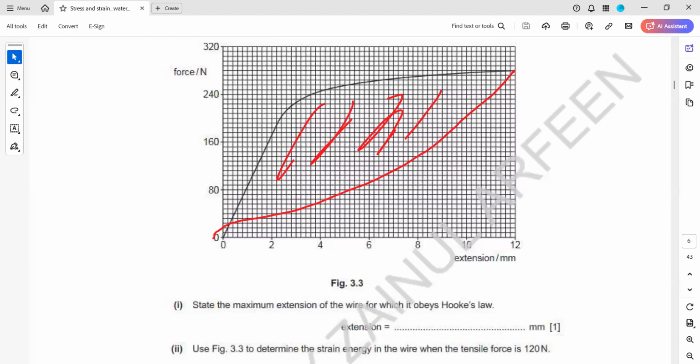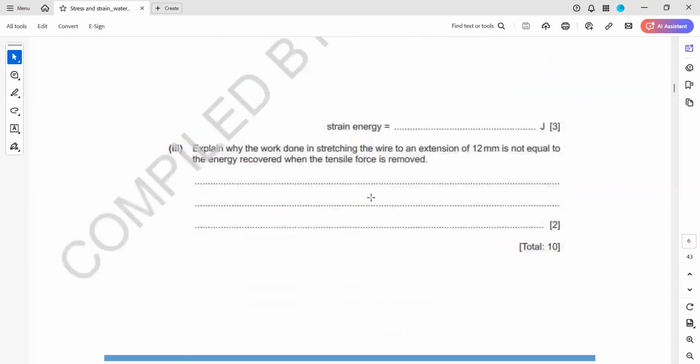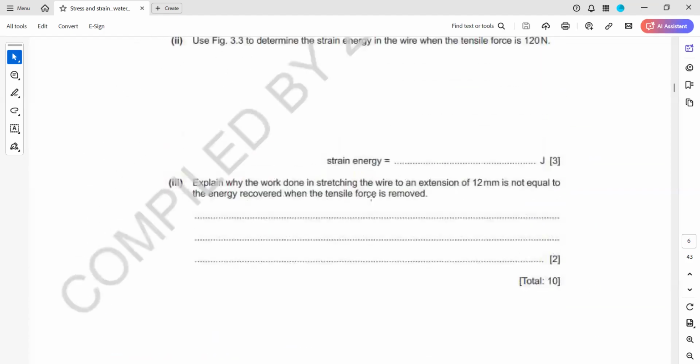So this is about the stress strain and the Young's modulus questions. Next session we'll do more from different